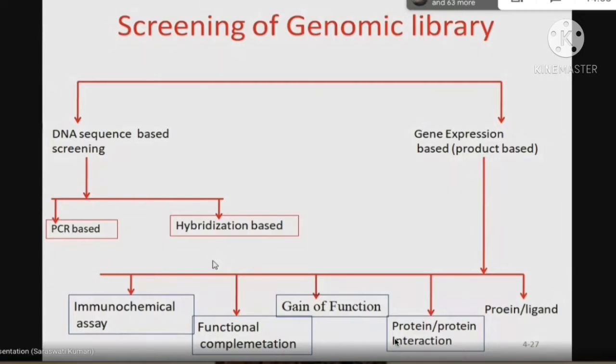We have to produce recombinant protein, and then we do an enzymatic assay or a crystallographic assay or an NMR assay to know its three-dimensional structure, 3D structure, and then we predict what could be the function of this protein. So it's not easy to find out the function of the protein and the function of the gene.